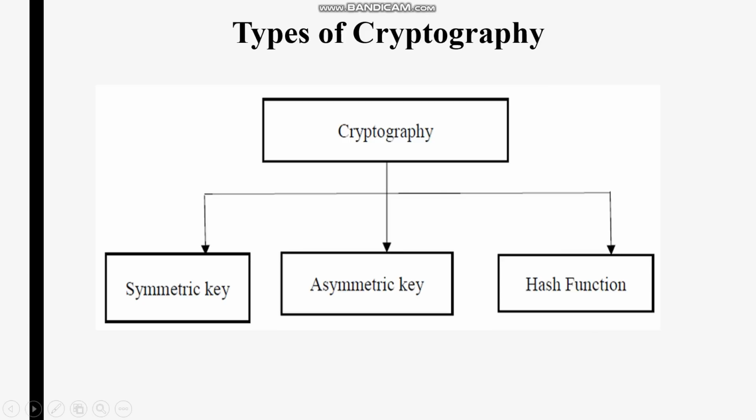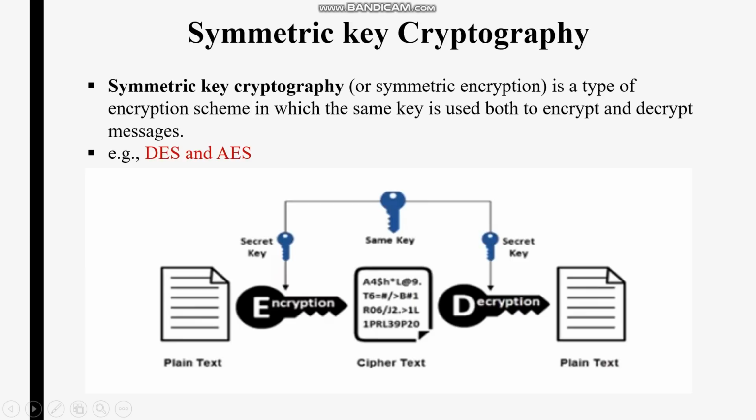Whereas a hash function does not make use of any key, but it lets us securely store or transmit the data. I've already explained the hash function in module 1. It takes an arbitrary size input and gives you a fixed size output, right? So this is again not in the scope of what we are going to learn here. Our major focus is on symmetric key cryptography and asymmetric key cryptography.